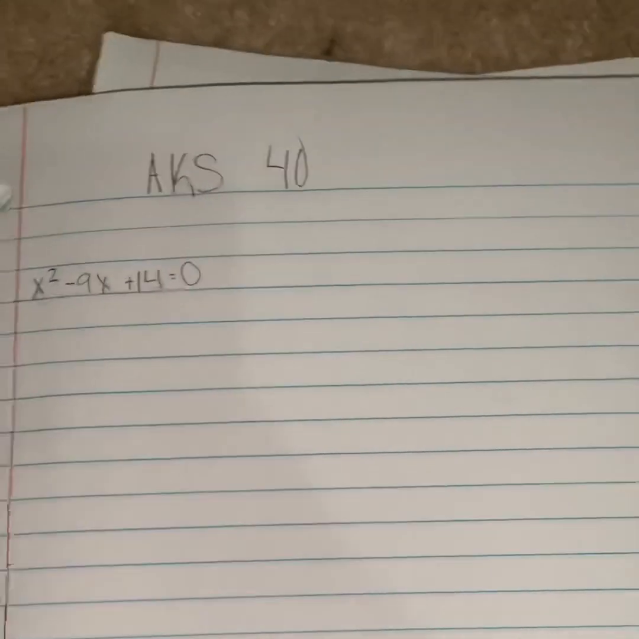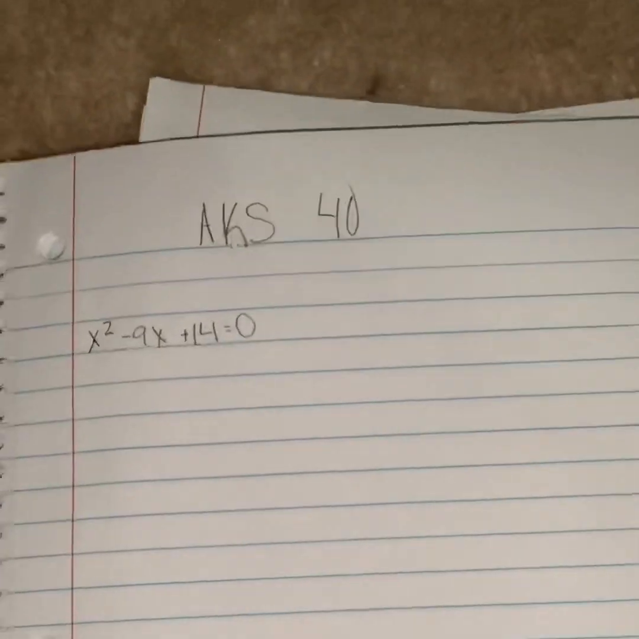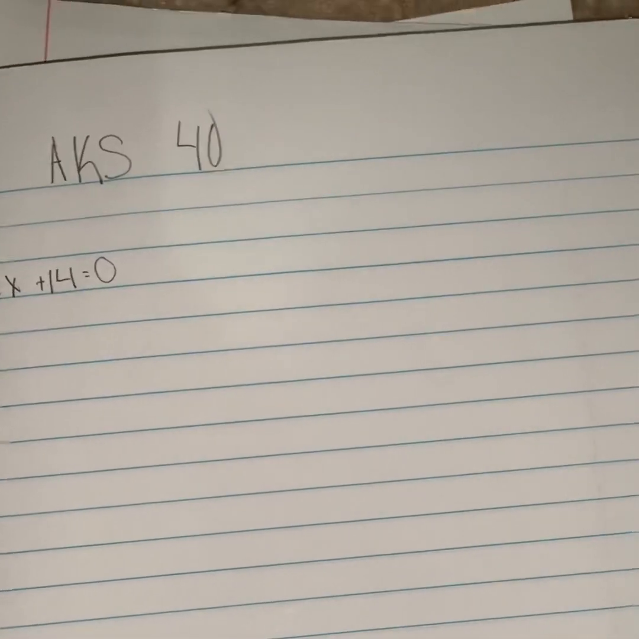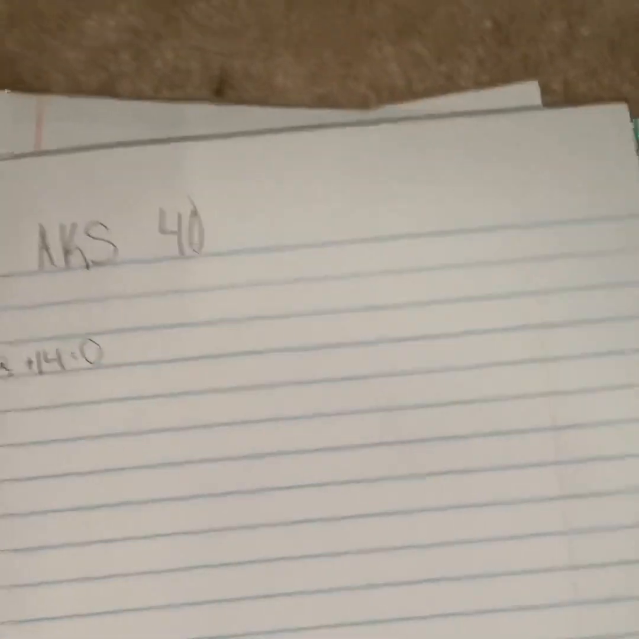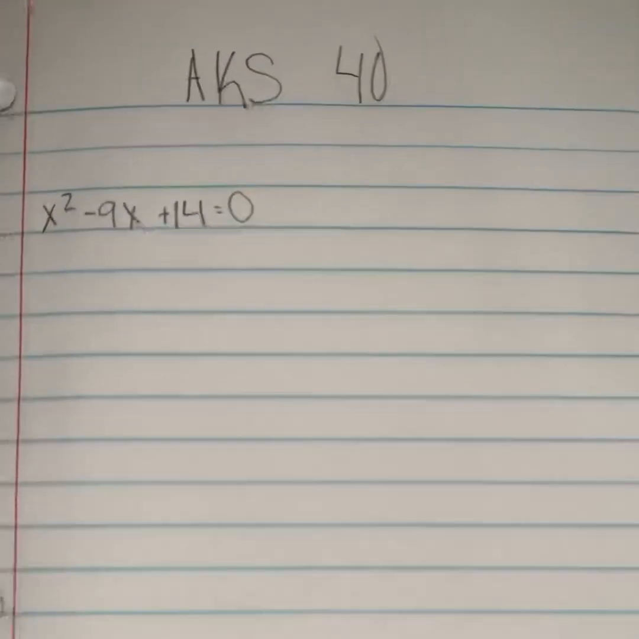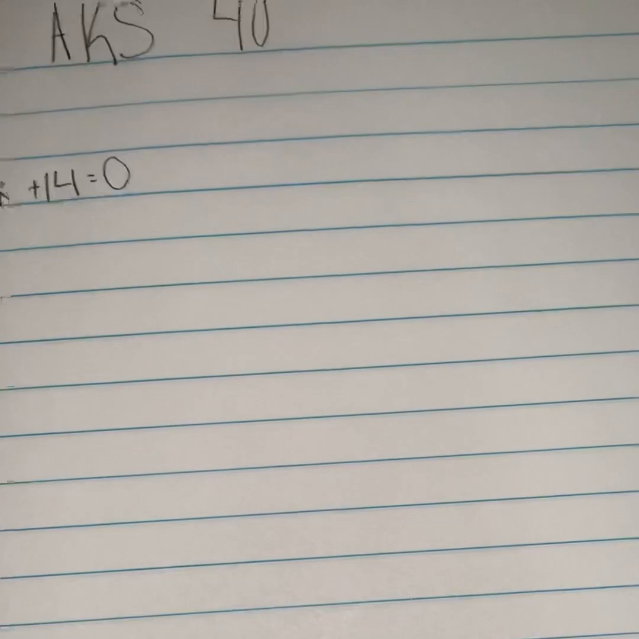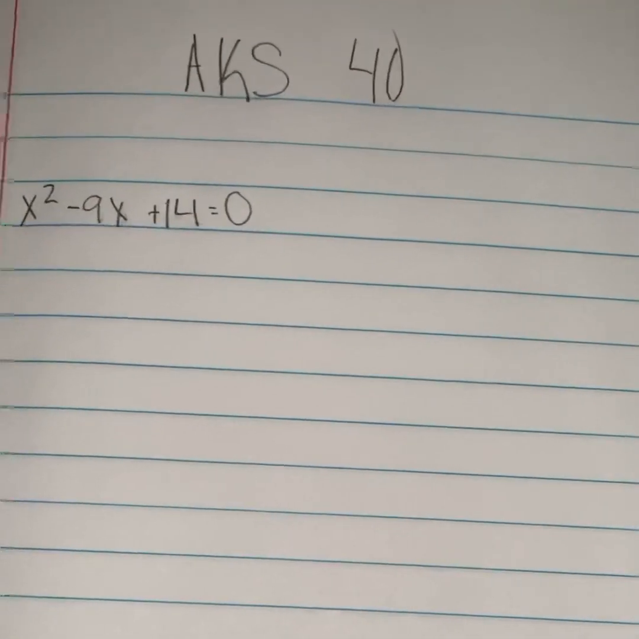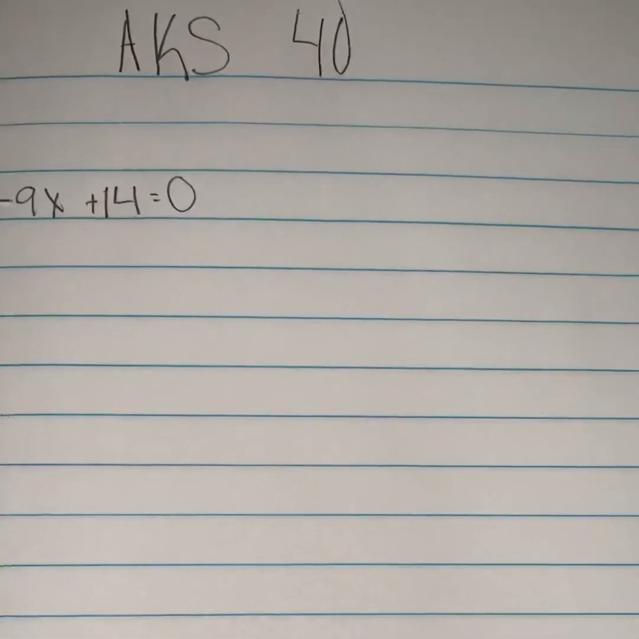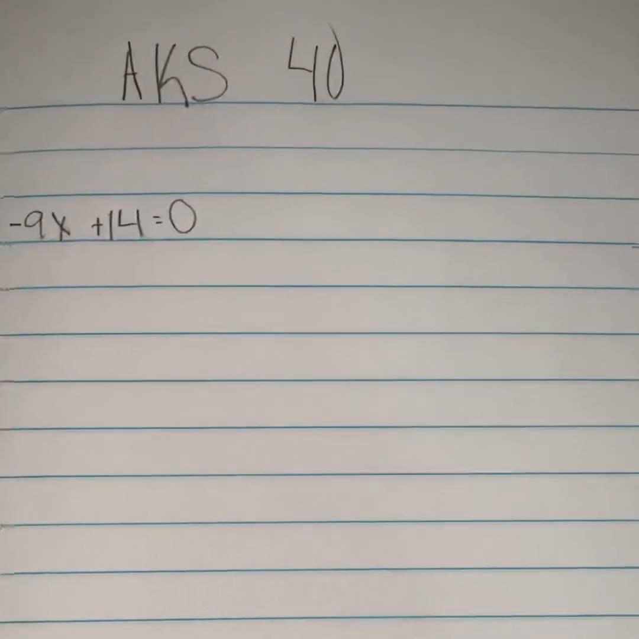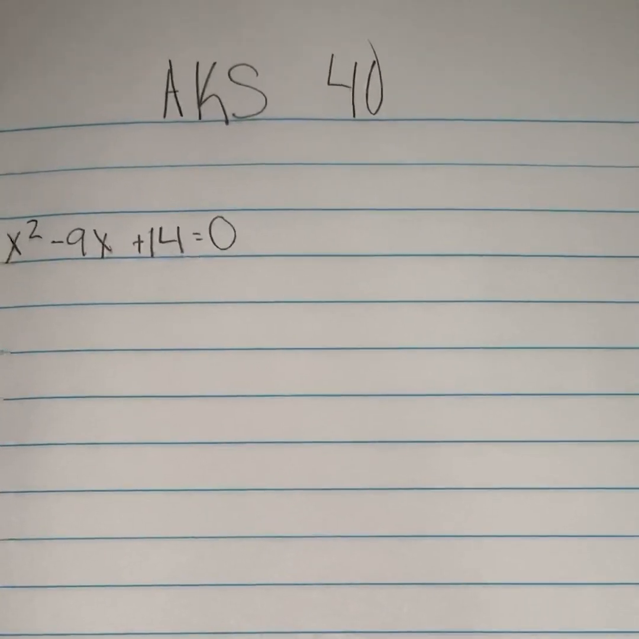So in this video, I will be doing AKS 40, use the process of factoring, completing the square and quadratic functions to show zeros and whatnot. So first, we have our equation right here. First off, we are trying to factor, so we have to make sure one side of the equation is equal to 0, which we have right here. So next, we want to factor